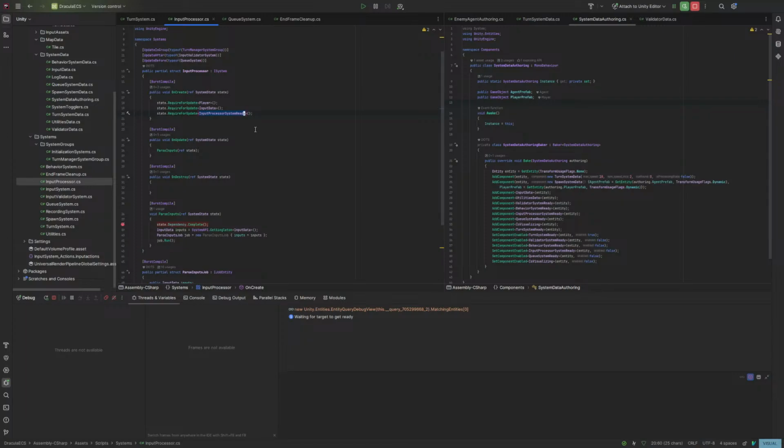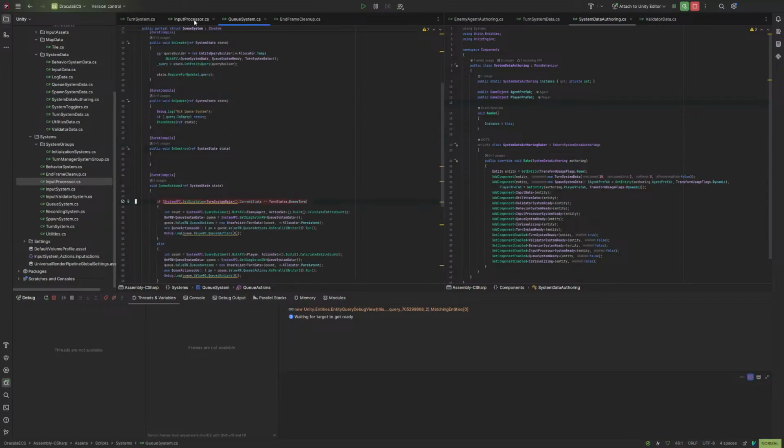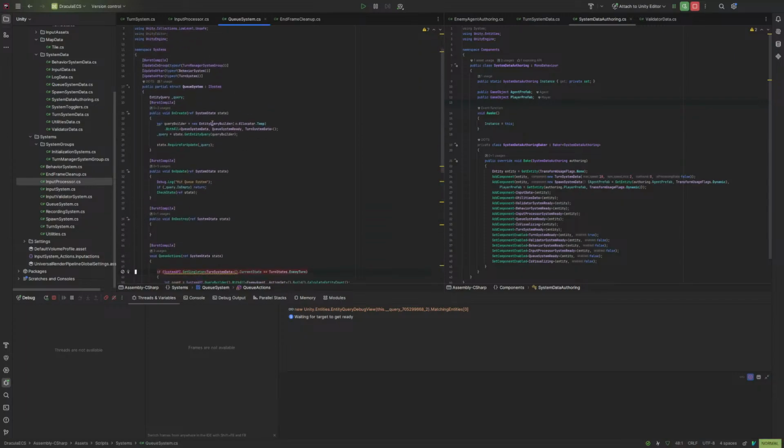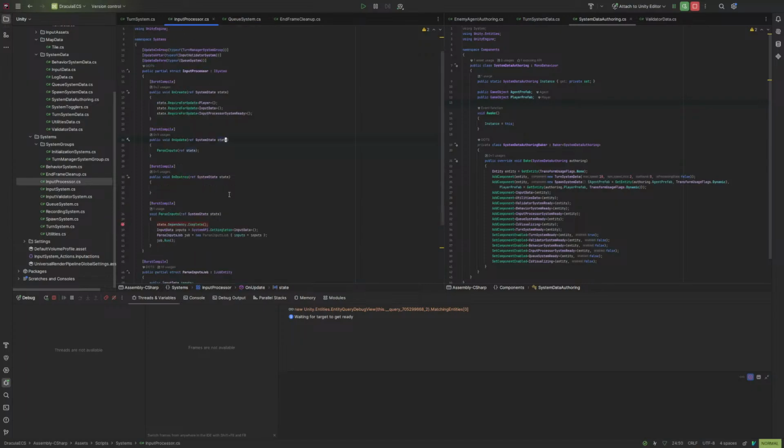But apparently, it doesn't check whether or not it's enabled when it does that check. So as long as it exists, regardless of it actually being enabled, it still runs the update. And I thought it was closer to a flag, where if it was disabled, then it would remove it from the update function. Luckily, there's not too much of a code difference, because now all we have to do